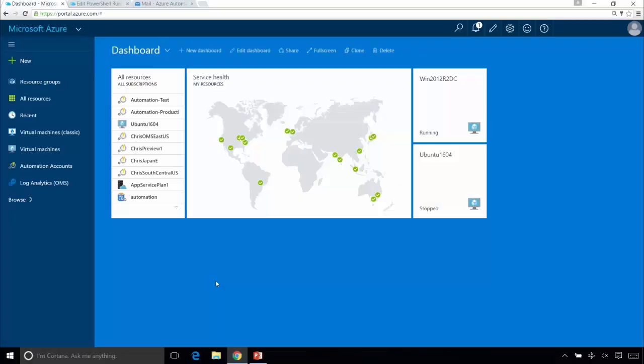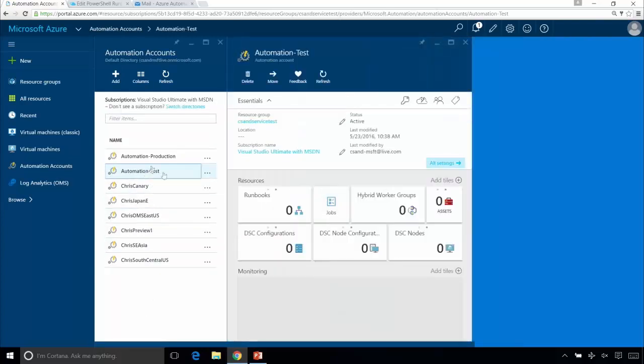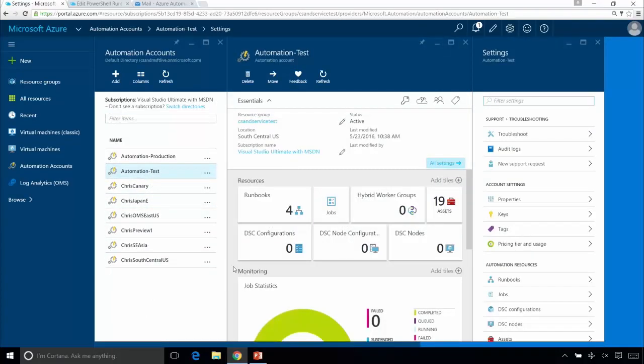What we have on the screen here, Matt, is the new Azure portal. And what we're going to do is drill into the automation accounts that we have, because that's where we're going to build our runbooks, in the Azure automation account. I'm going to go in. I have a bunch of accounts here that I use for testing, but I'm going to use this automation test account right here. And the first thing you see when you drill into your automation account is the dashboard where all of the assets and things that you're going to need to actually build a runbook are available for you. Of course, we're going to be working in the runbooks later today, but then at some point,